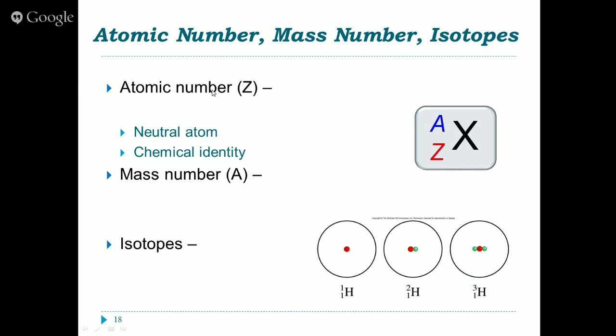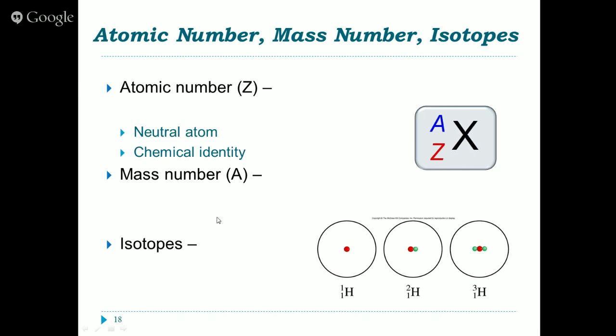Every element has a different atomic number. So you can have the same number of electrons, you can have the same number of neutrons, but you cannot have the same number of protons if you are a different element. And the way that we can represent specific, what we call isotopes of an element, is in this designation, where X is going to be our elemental symbol. Our atomic number is going to be located down here, and then we have our mass number located up here. Our mass number tells us the total number of protons and neutrons that an atom has.